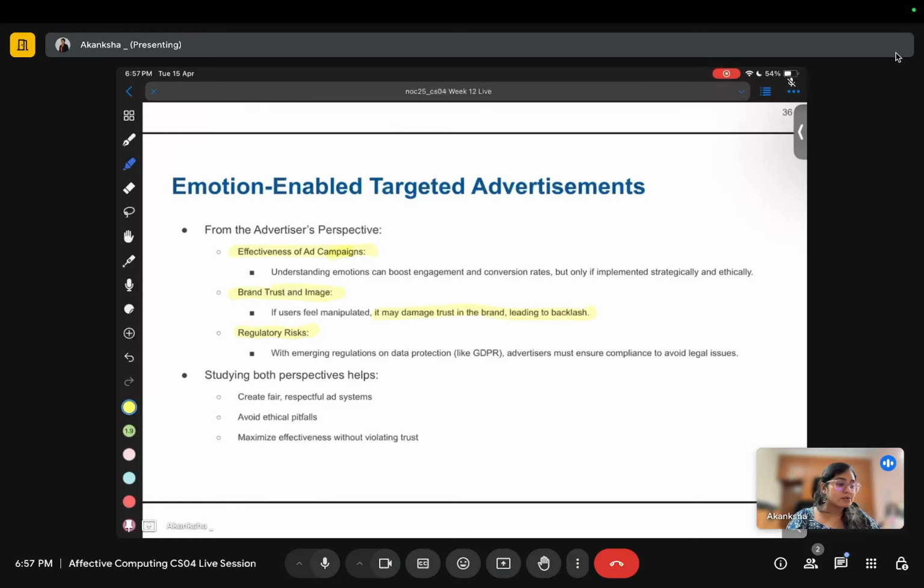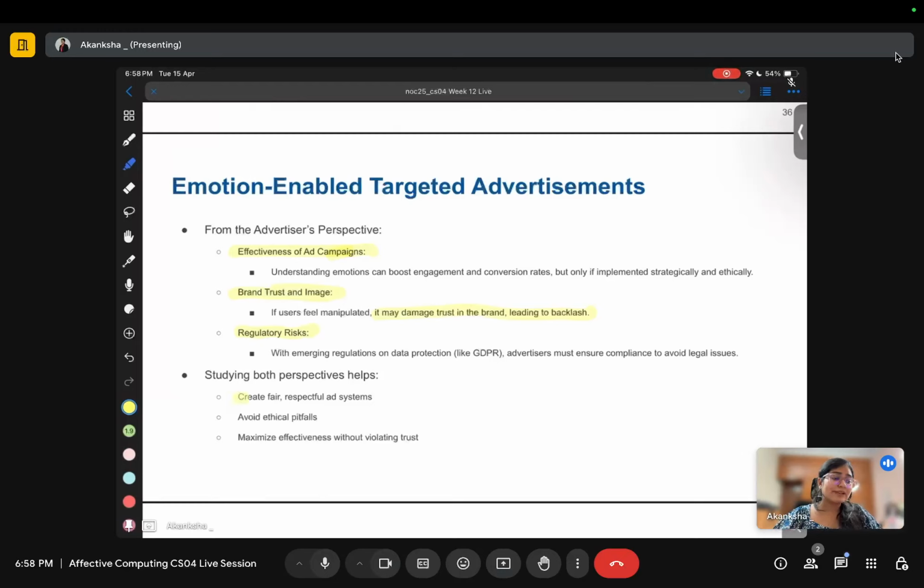Regulatory risks are also there. Some authorities are there, and you need to comply with their rules and regulations so that you don't offend anyone, you don't pose any kind of risks, and you are able to avoid any kind of discrepancies. So whenever we are working with these kinds of systems, we want to study both perspectives.